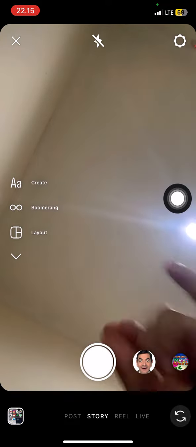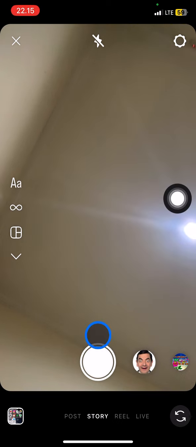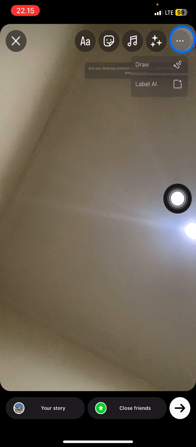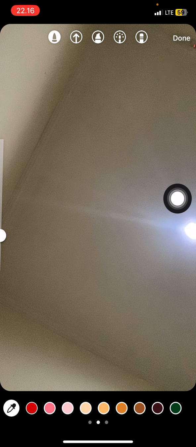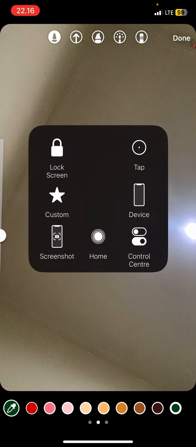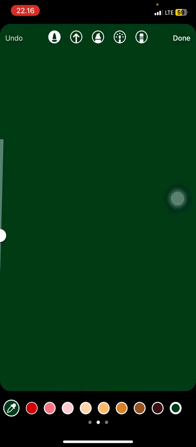access the Instagram story. The next thing you need to do is take a picture, just a random picture. Now click the trace mode on the top, and click draw. Now pick the color that you want to use. Let's say I would like to use the green one here. Now tap and hold on the area. It can be random, so you just click anywhere, click and hold, then it will be colored